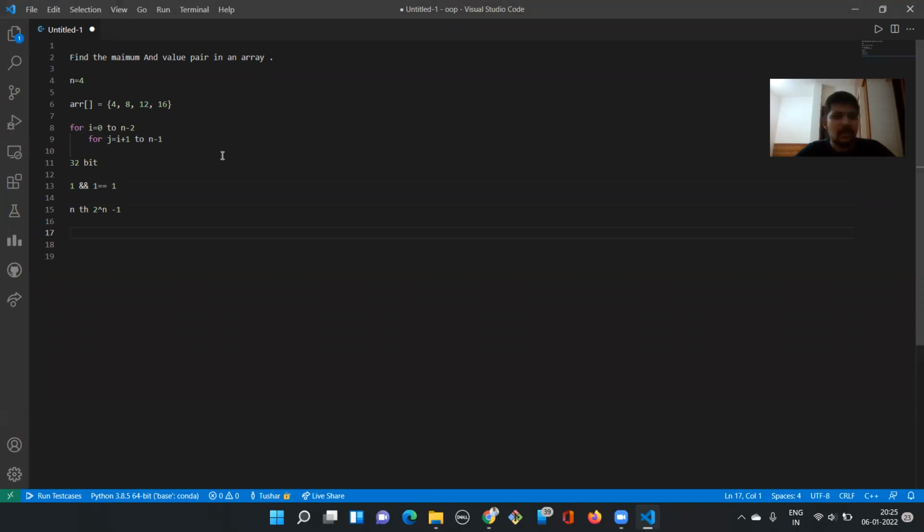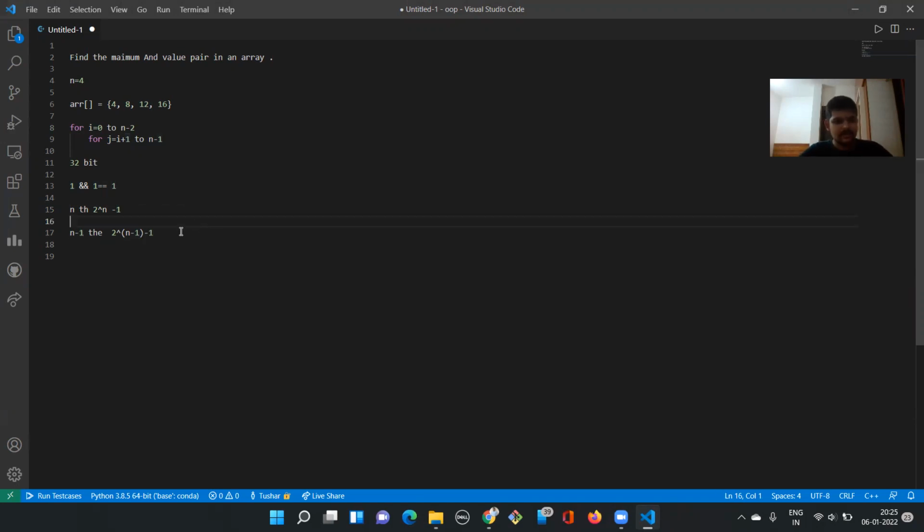And if all the remaining n minus 1 bits are set, the number I can get is 2 raised to n minus 1, minus 1. So clearly I can see that the number with the nth bit set is greater than all the numbers with all the n minus 1 bits set.